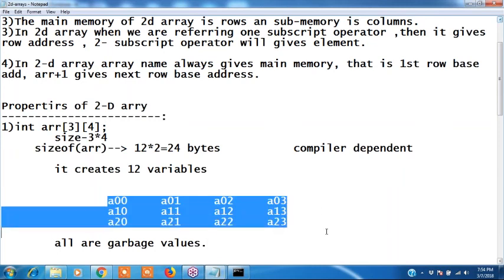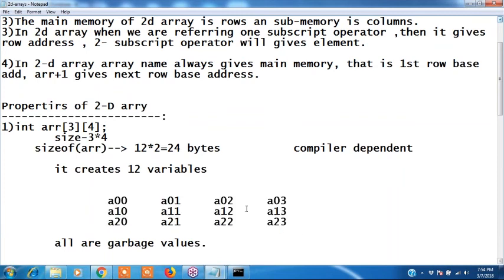We'll check what the memory locations and variables are in the program. It creates 12 variables, all garbage values.